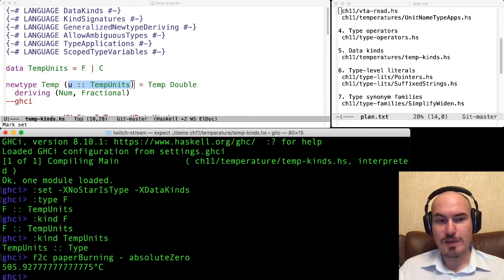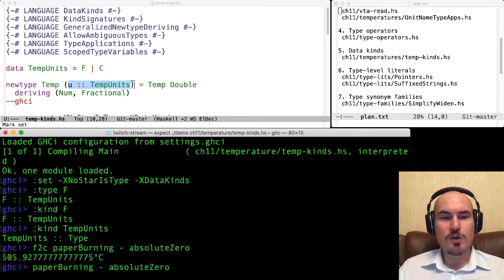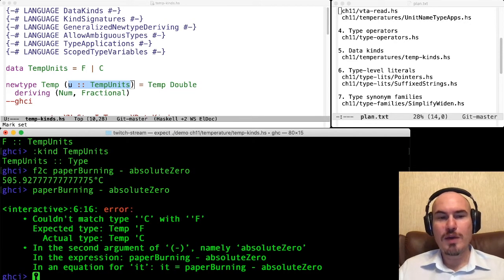And I have a show instance, by the way. And of course, it is also checked just as before. We have a type error. These types are a little bit different. But note that here GHC mentions those types with ticks. So they're ticked. It's just a specific way to say, well, we have a different kind. We do not have a data constructor, but we have a type here. We can use it in our code as well, but in general, if it's unambiguous, then we can use just F or just C and it works. So, well, it's a type error.